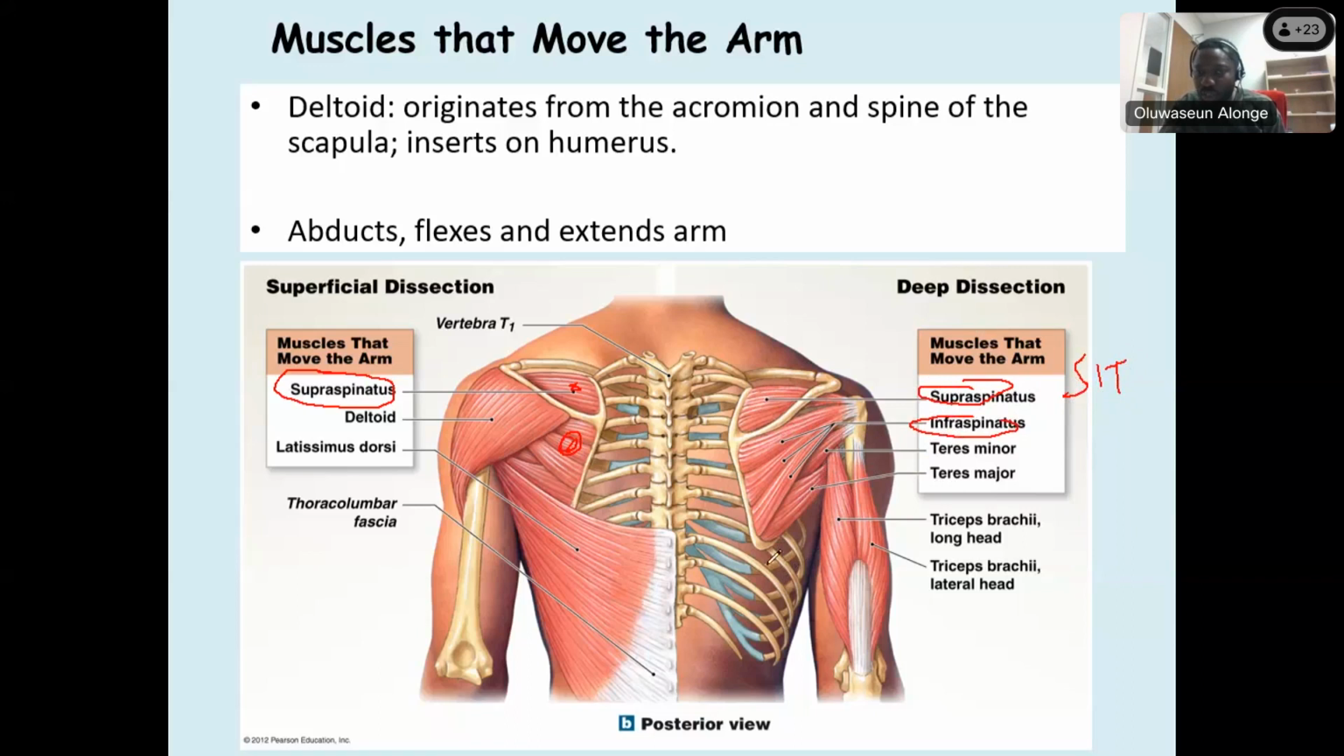Then when you come down here, you see the latissimus dorsi, all right, which is right here, latissimus dorsi. So I use the word SIT L. SIT L. So the muscles that move your arm, SIT L. Just remember supraspinatus, infraspinatus, teres minor, teres major, then latissimus dorsi. If you can go in the order the muscles are arranged, that will be the best. If you take note of them in the order they are arranged, because that will be the best for you